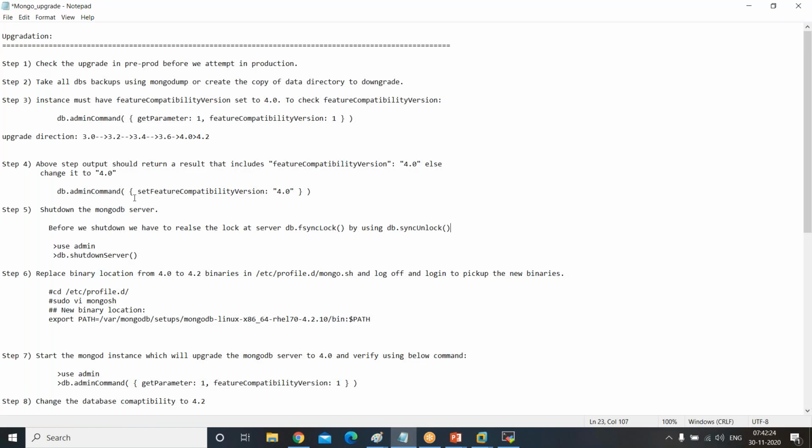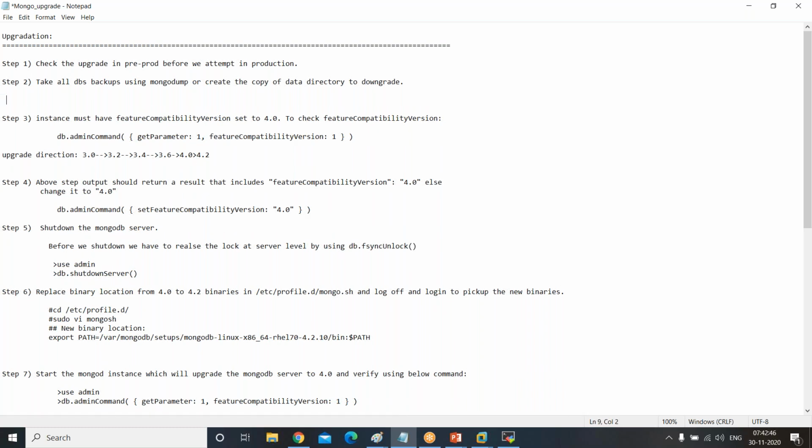First, let's finish this. So this you have to run. Which one? The fifth step. Before we shut down the server, we have to release the lock at server level by using fsyncUnlock. And before we take the backup, we'll write here also: before we take the final database backups, run